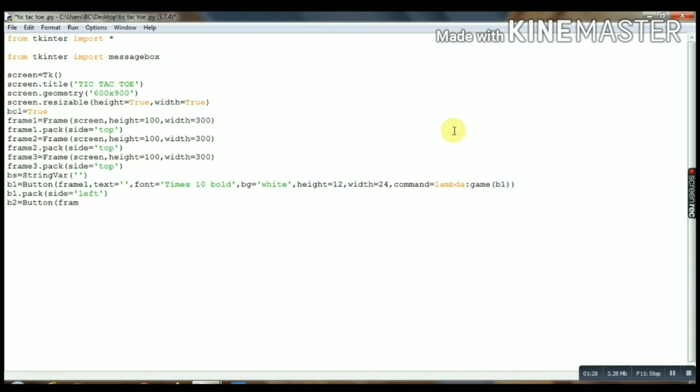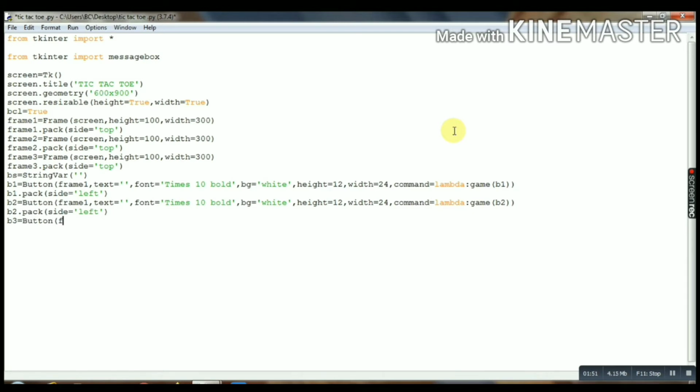Similarly we will make our B2 button, text empty, font same as B1. Okay, height 12, width 24. Okay, command same. Lambda game B1. Okay, B2, sorry, dot pack side left.